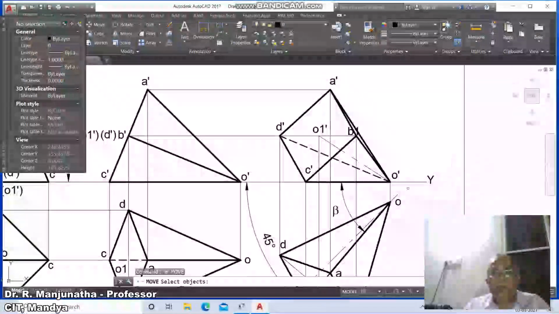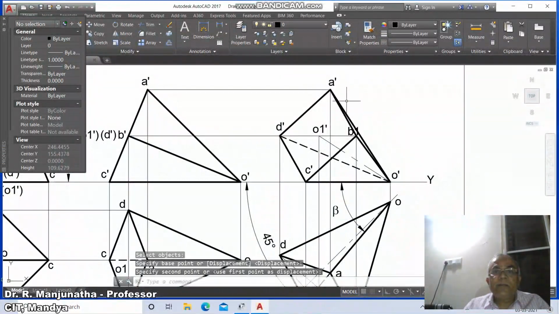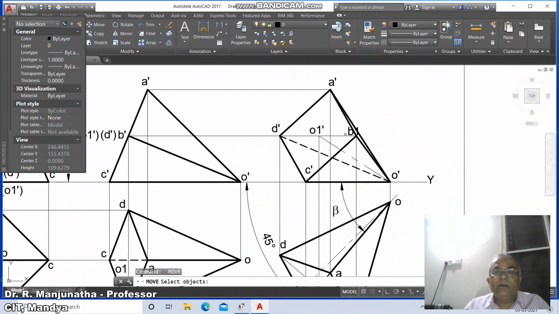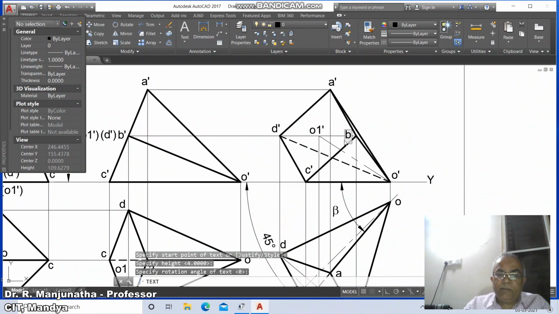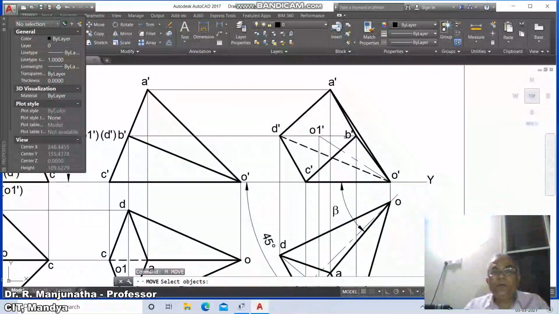Then go to move, A dash, you move D dash, you move O1 dash, you move B dash, then go to move this, and here C dash.